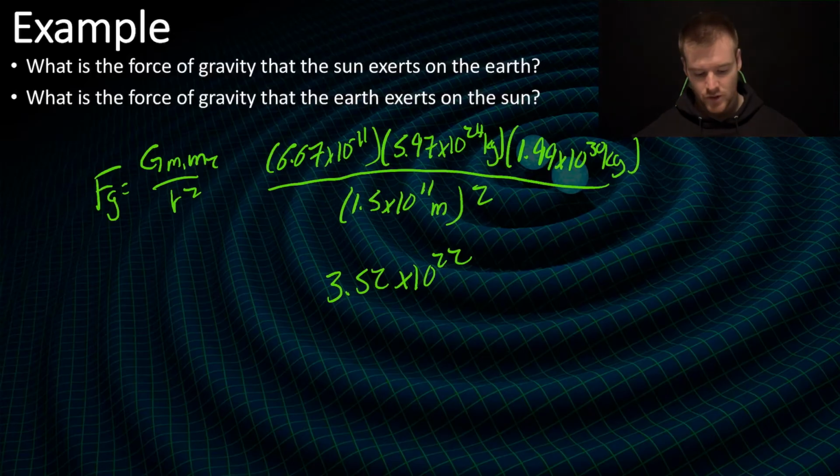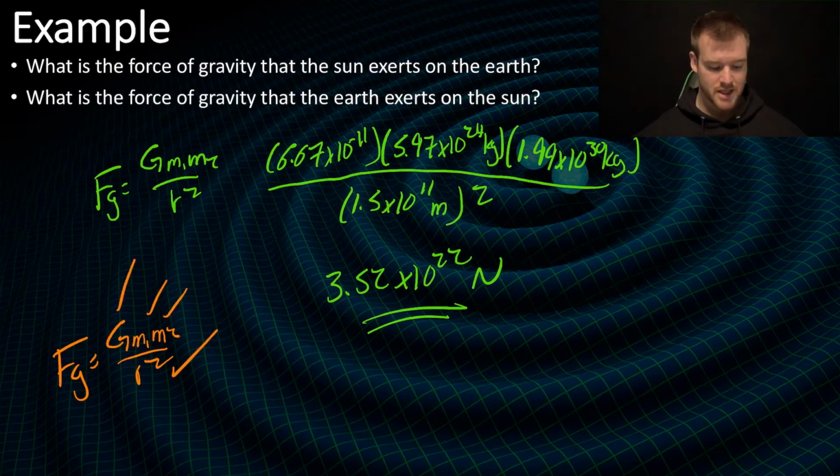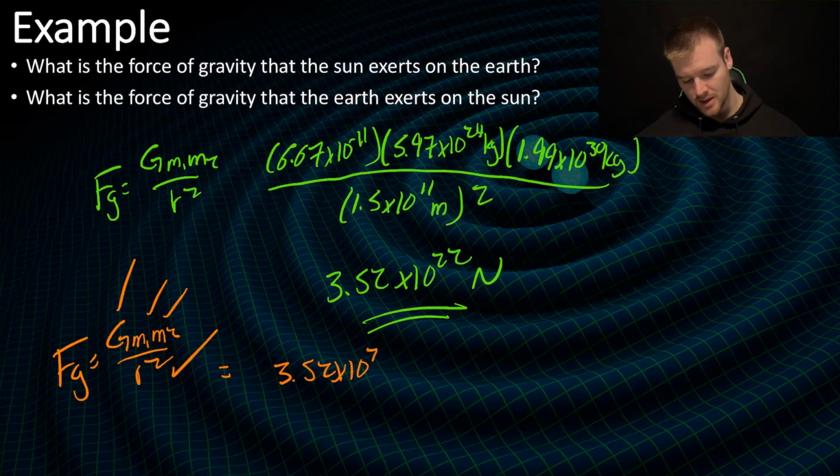And that answer is going to be in newtons. Now the next one says, what is the force of gravity that the Earth exerts on the sun? Now this seems like it's a different question, but if I'm going to put Fg is equal to Gm1 m2 over r squared, again, the distance between the Earth and the sun is the same. The masses that I'm going to put in are the Earth and the sun, which are the same, and G is also the same. So this should give me my exact same number of 3.52 times 10 to the 22